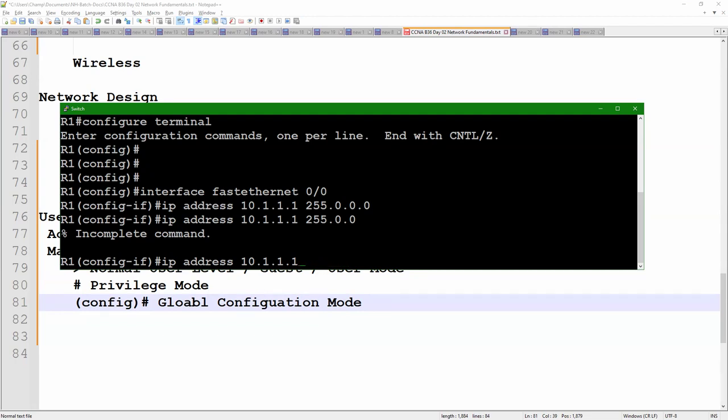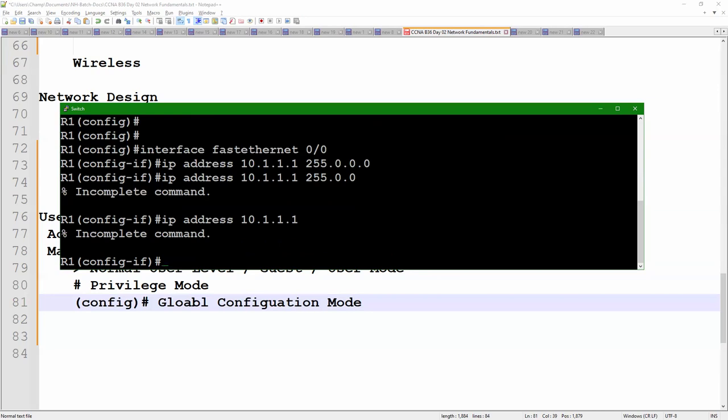Let's say I don't type the subnet mask, only I type the IP. It tells that. But let's say I type a wrong command. That kind of mistake is possible from your side when you try to do basic practice. It's not that from the first time you do everything right. So no need to worry about mistakes. If you are able to understand what the mistake is, then it is easy. But let's say you are making a mistake and you are not able to understand that mistake either, then it